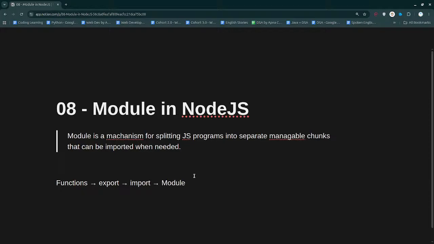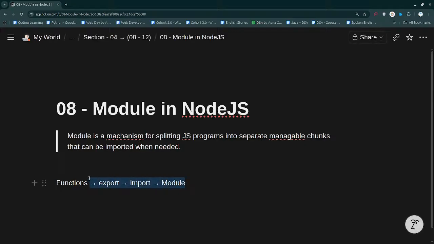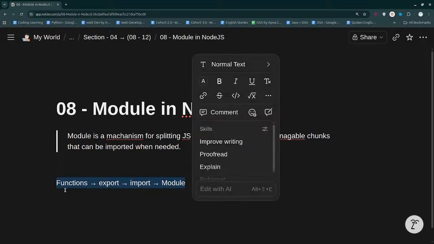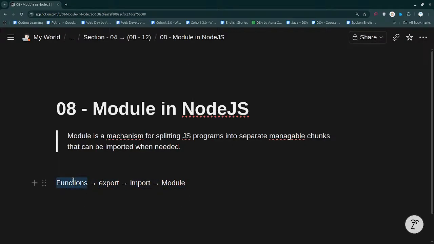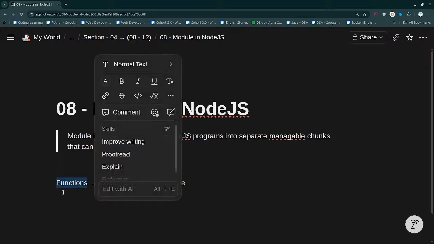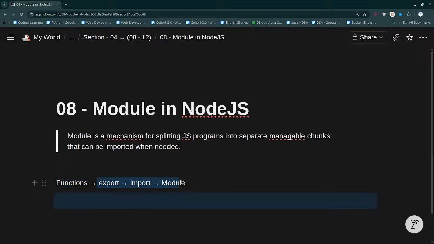So that is called a module. And what are they? They are a mechanism to split our code into functions. That simply means into small parts that can be exported and imported as per the need, or wherever they are needed. It's just pretty simple. Anyway, if you are using Notion,